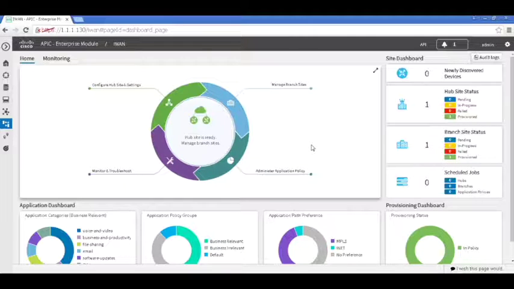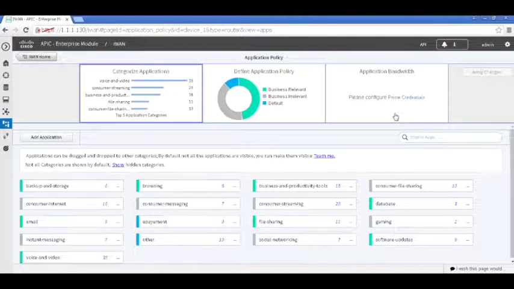So let's quickly go and do a configuration or integration of this APIC-EM with Prime, so that we can do a proper monitoring of the application. So let's go to administer policies. As you can see, in the application bandwidth scenario tab, it shows you that you need to configure Prime credentials. So just click that